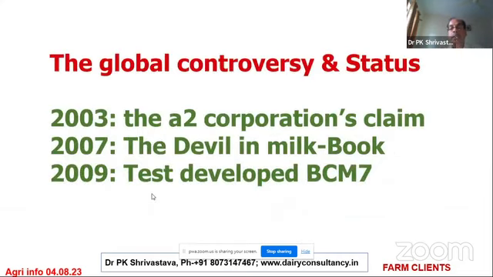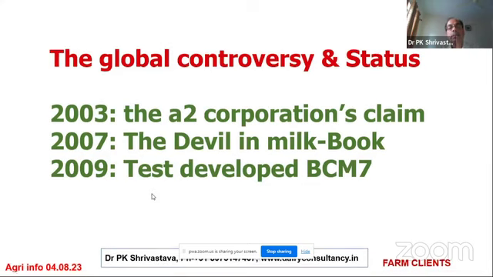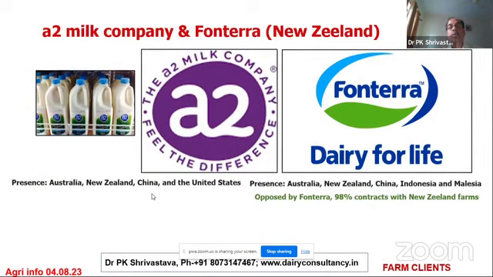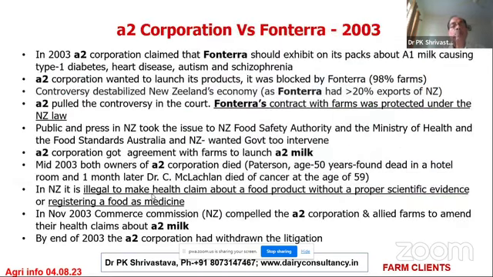What is the controversy that happened in New Zealand and how did it develop? These are the two companies, Fonterra and A2. They came to the front and they started. Fonterra, since it was a bigger company, had agreements with 98% of the farmers. Farmers means the farms in New Zealand, and the A2 company was coming up with a concept that A1 milk is not good, and that is how they started pushing this. This is what happened from 2000 to early 2003. The A2 Corporation claimed that Fonterra should exhibit